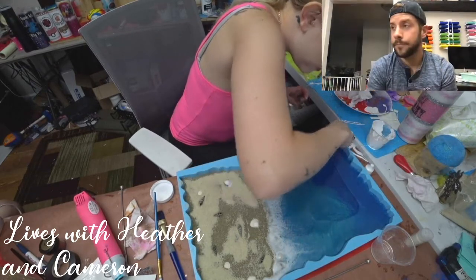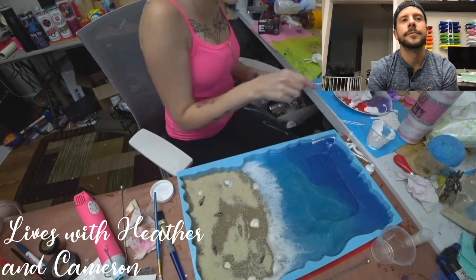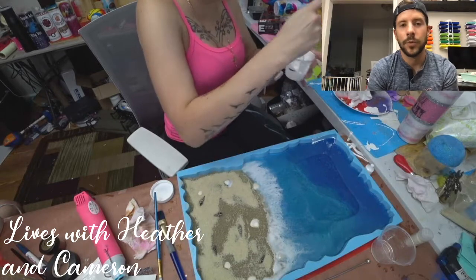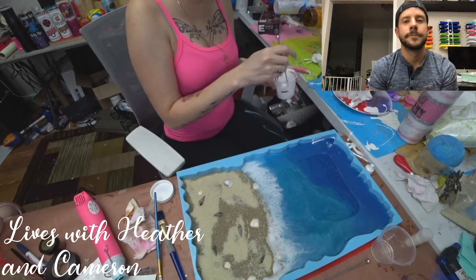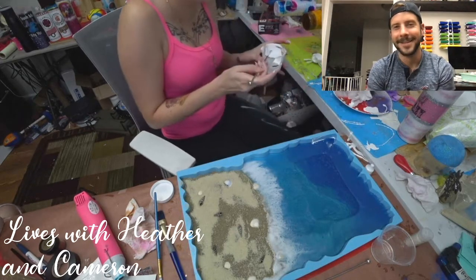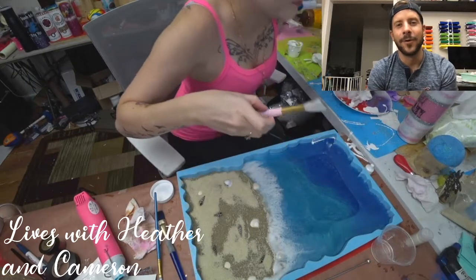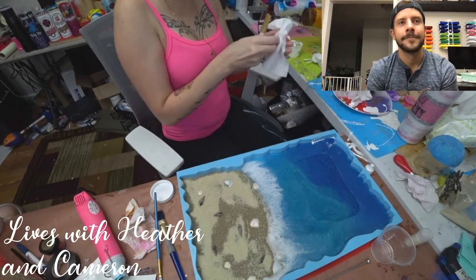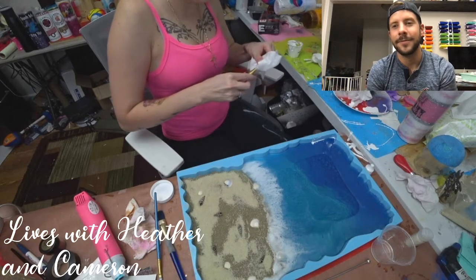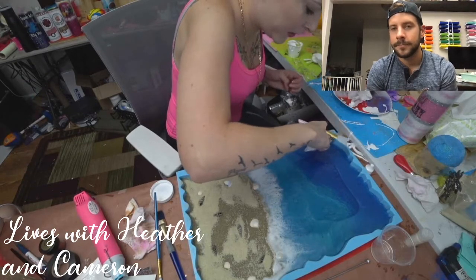So, I may have to mix more epoxy and cover it, because there's a lot of cast and craft in there. The waves are looking legit though. Yeah, the waves look pretty legit. A new unplanned wave has occurred. Like Jessica said, it's like an offshore bank account. It's hidden in the corner back there. Offshore bank account, I like that one. Glad it was dry. My luck, it would have done it when it was wet. I mean, I had wet epoxy back here, so...